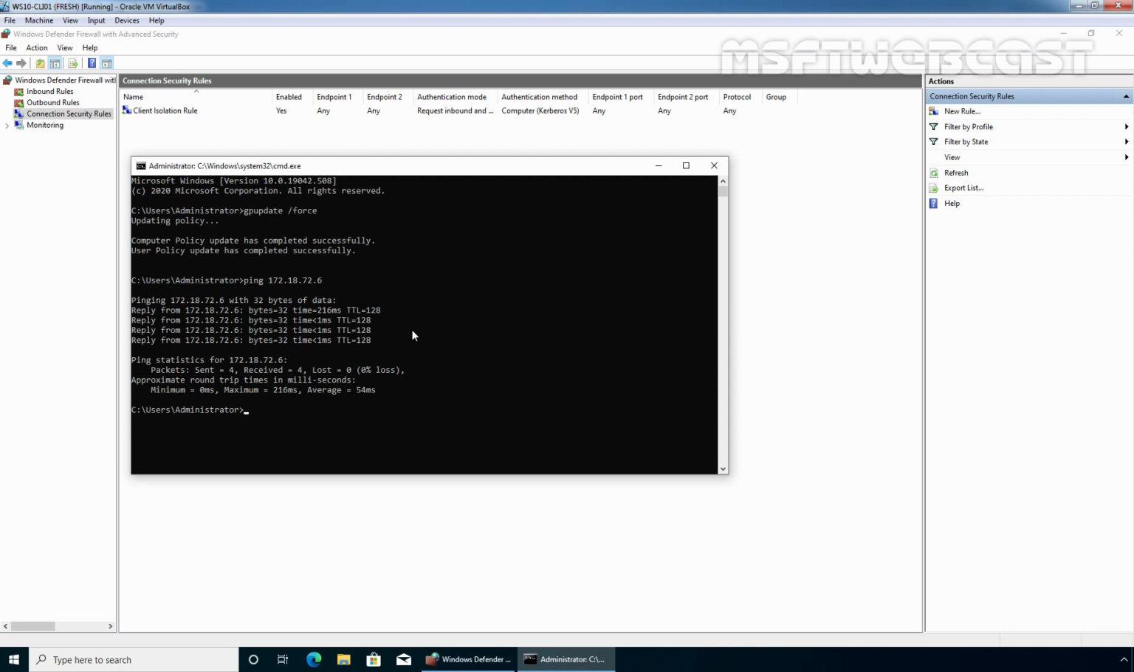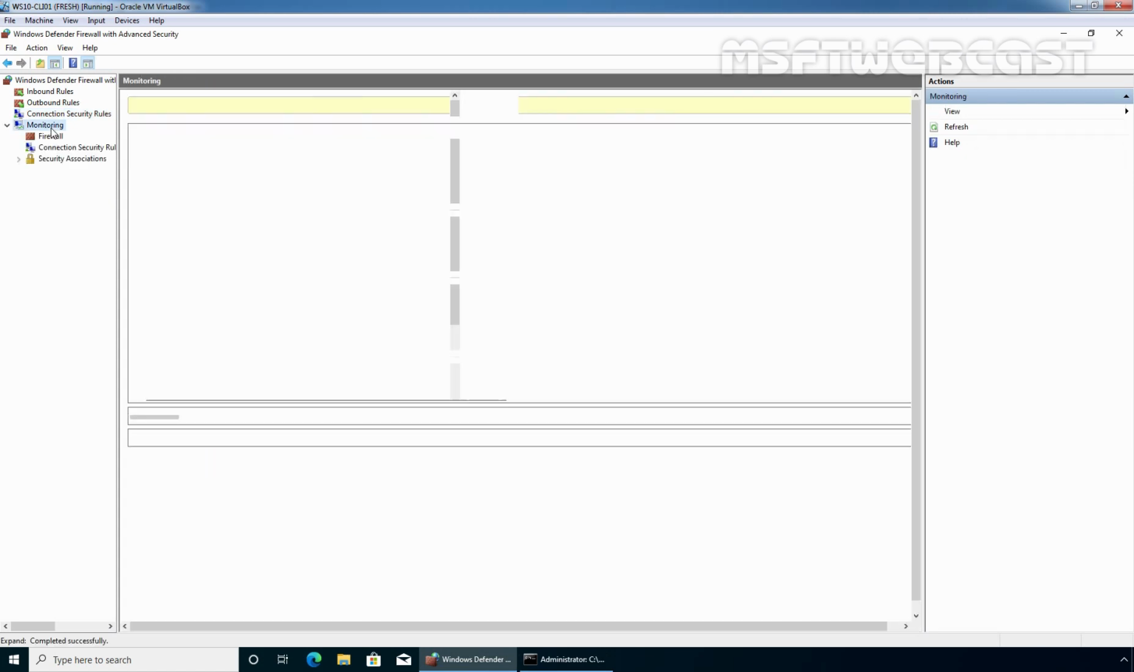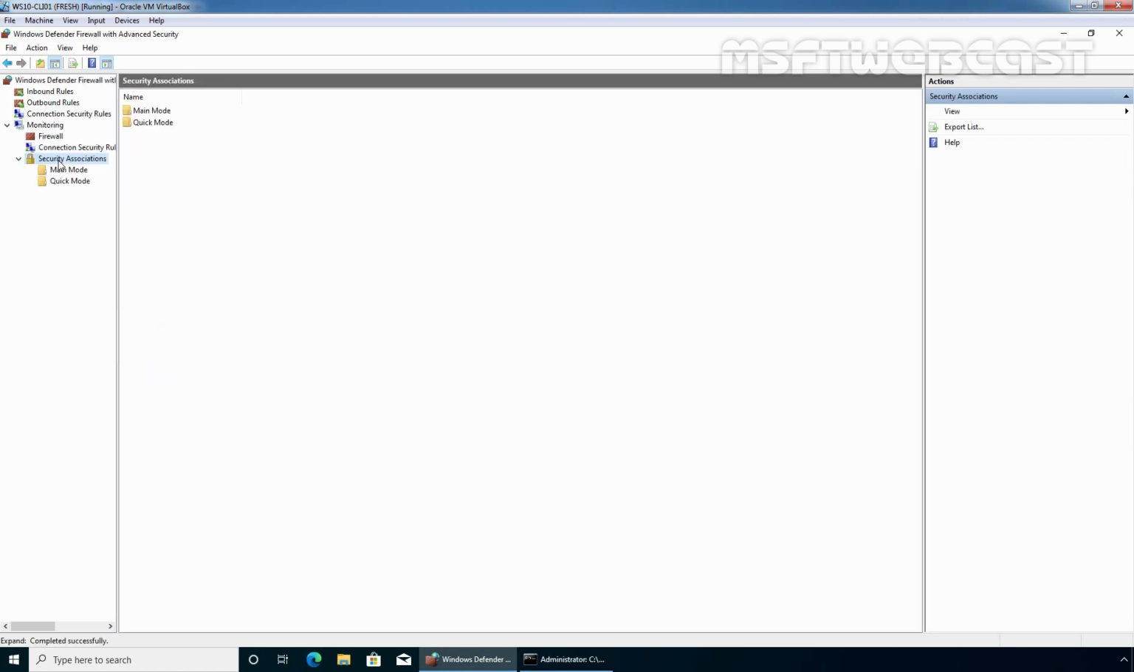Let's go to the Windows Defender Firewall with Advanced Security console and click on Monitoring. Click on Security Association and click on Main Mode. We can see the security association between the Windows 10 computer and the member server. This is the local address 172.18.72.15, and this is the remote address, which is 172.18.72.6. This is the IP address of our member server. We can also check the same thing for Quick Mode as well. You can see the same security association there as well. So currently, the Windows 10 client computer is using IPsec to communicate with our member server